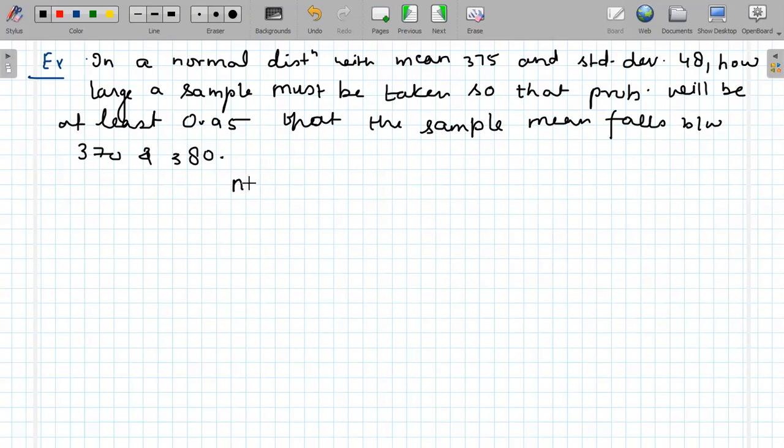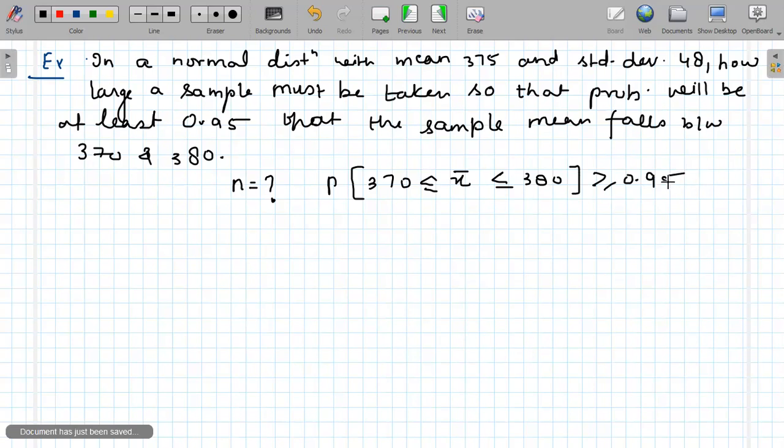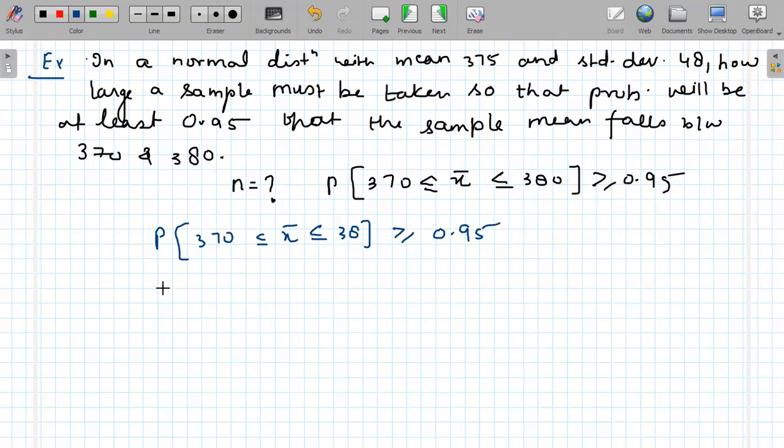मतलब हमें ये फाइंड करना है व्हाट इज द वैल्यू ऑफ n such that probability that 370 less than or equal to x bar less than or equal to 380, this probability is at least 95%. तो हम इसको कैसे सॉल्व करेंगे? हम इस प्रोबेबिलिटी जो हमें कैलकुलेट करनी है ये इनइक्वालिटी हमें सॉल्व करनी है और n की वैल्यू फाइंड करनी है। तो सबसे पहले तो हम इसको स्टैंडर्ड नॉर्मल डिस्ट्रीब्यूशन में कन्वर्ट कर देंगे बाय सब्ट्रैक्टिंग मीन फ्रॉम बोथ साइड।